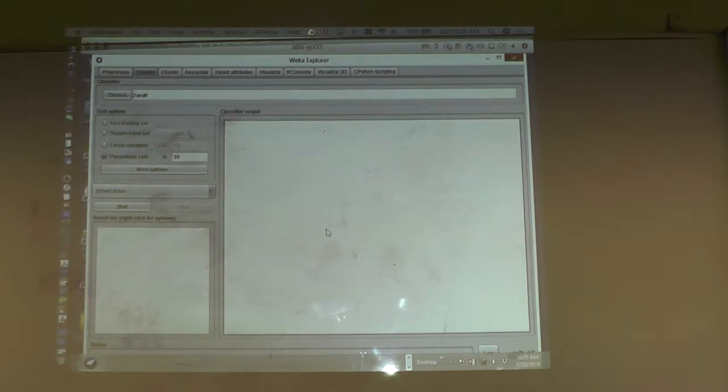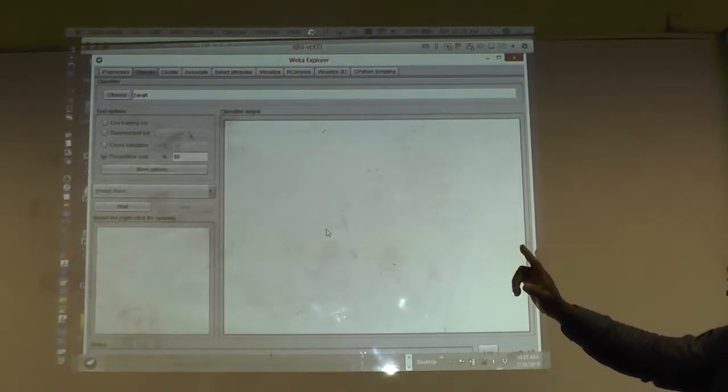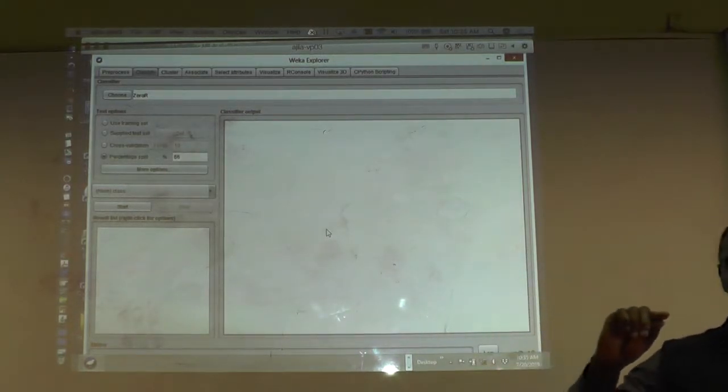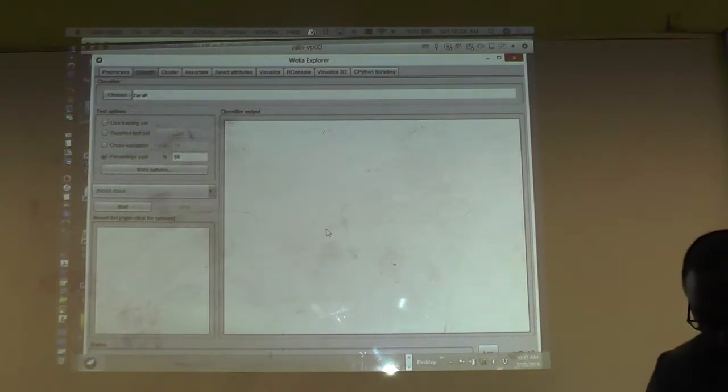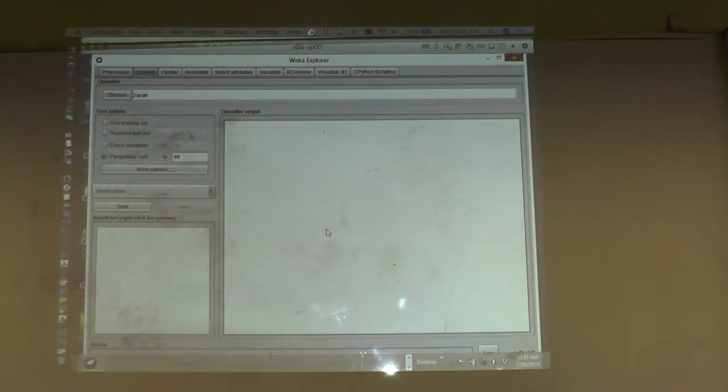Now, we already clicked on percentage split. So we're not going to use cross-validation. We're going to use percentage split. We already clicked on that. So we're there. Then,